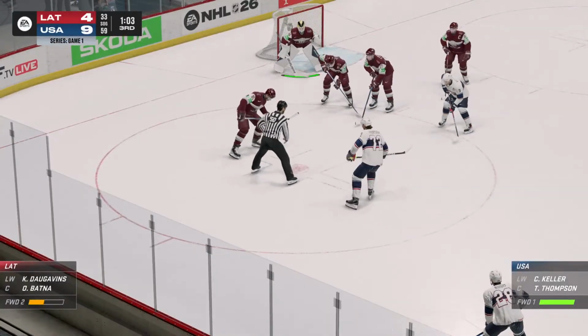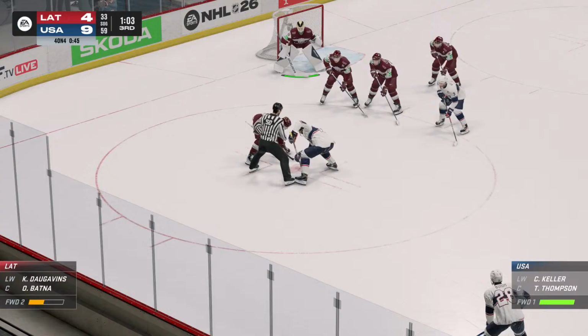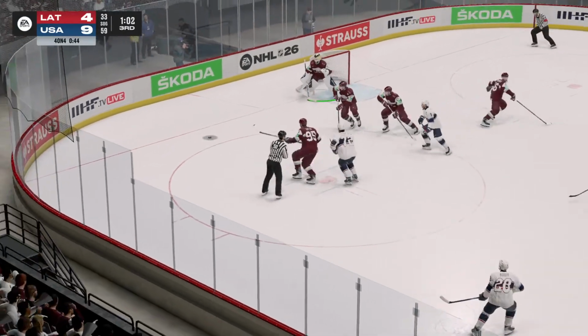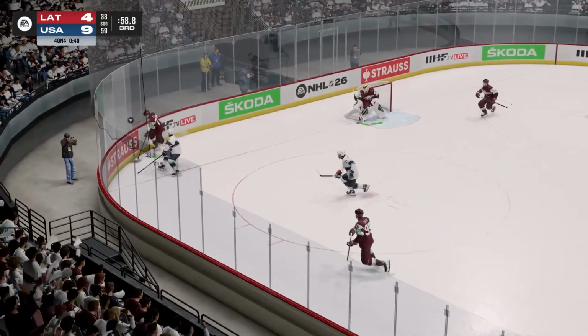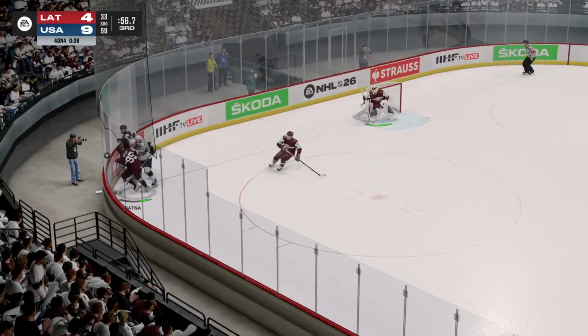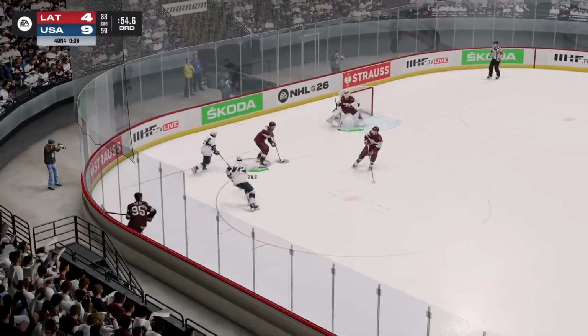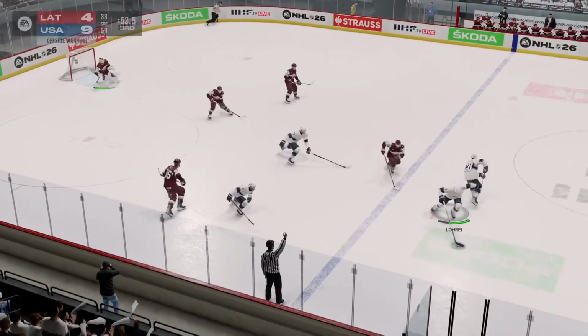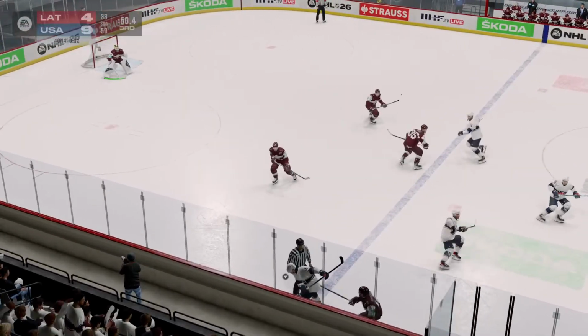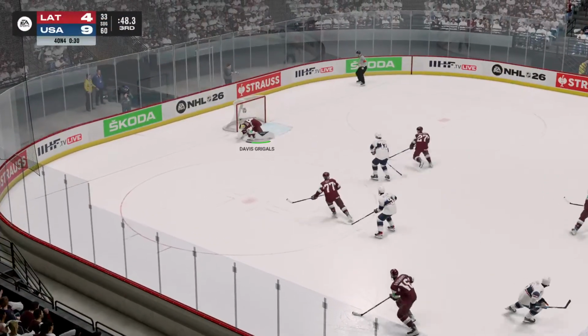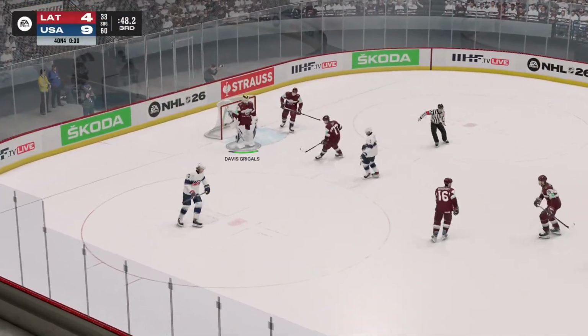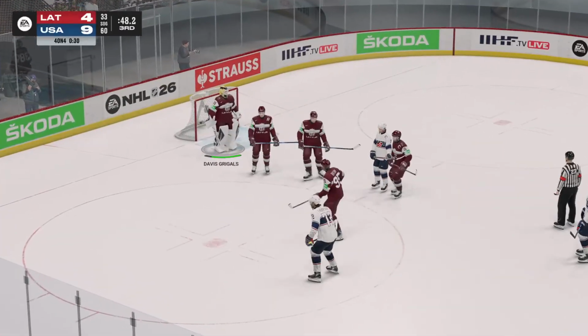So 4-on-4 action in the final minute of play here. 45 seconds for that, and then a United States power play to close it out. Wasting time in the corner. We're under a minute to go here in the game. United States takes over in center. Laurie sends it in on net, and Davis Griggles just is able to get it with 48 seconds to go.